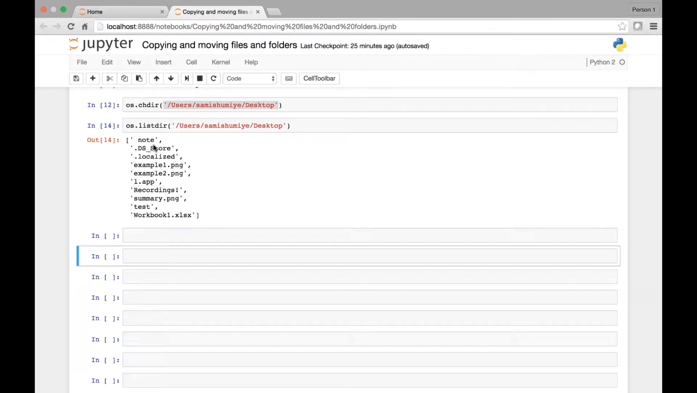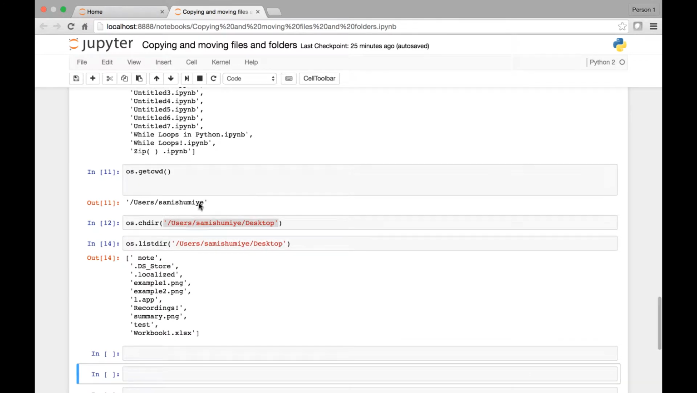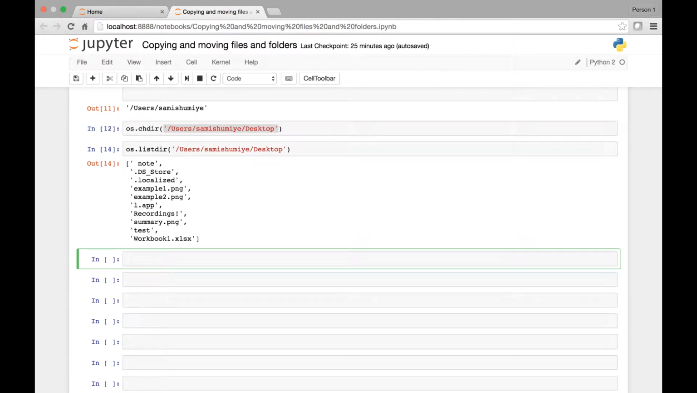Okay, so let's move this note folder from Users Sami Shumiye Desktop to Users Sami Shumiye. Okay, execute that. Copy tree, to copy folders,